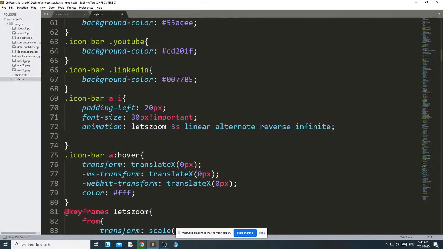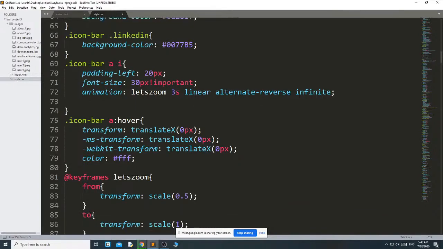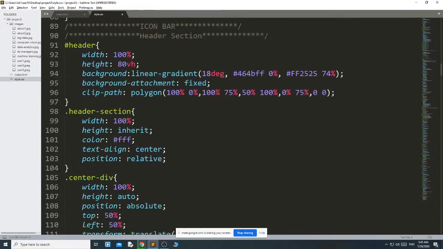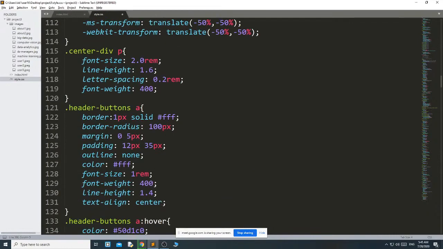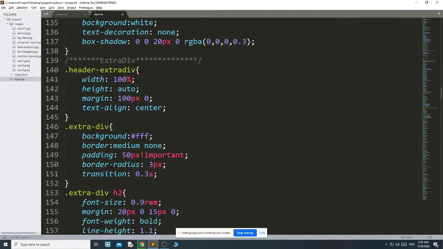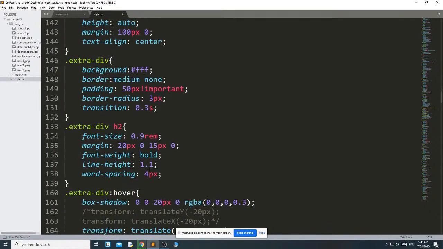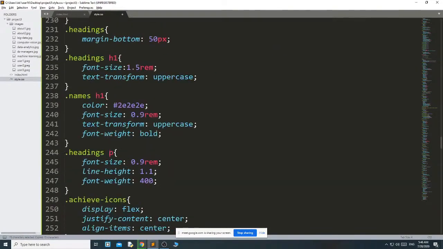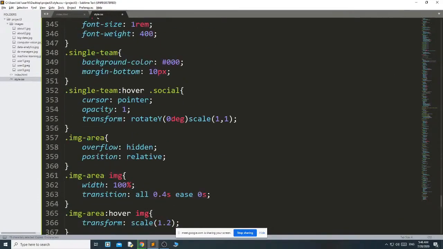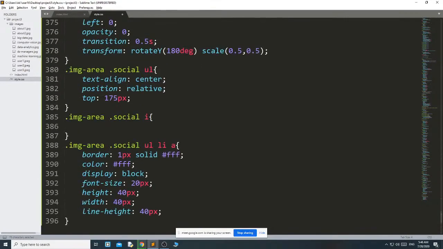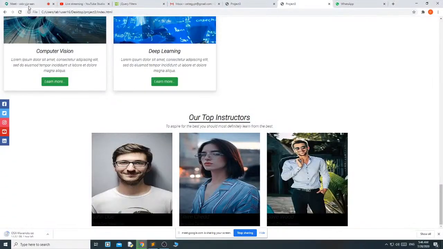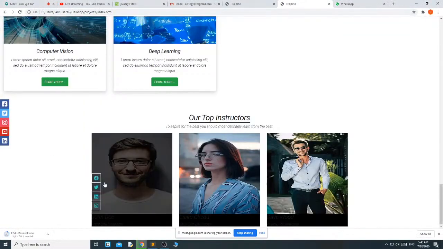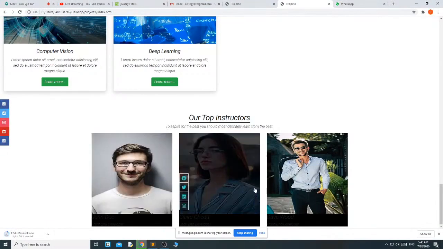In the header extra div, this color, copy and paste it. Okay, you got the color.